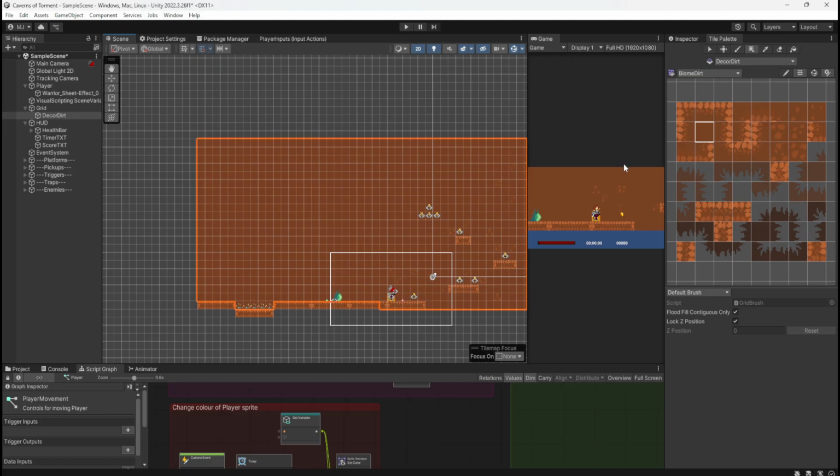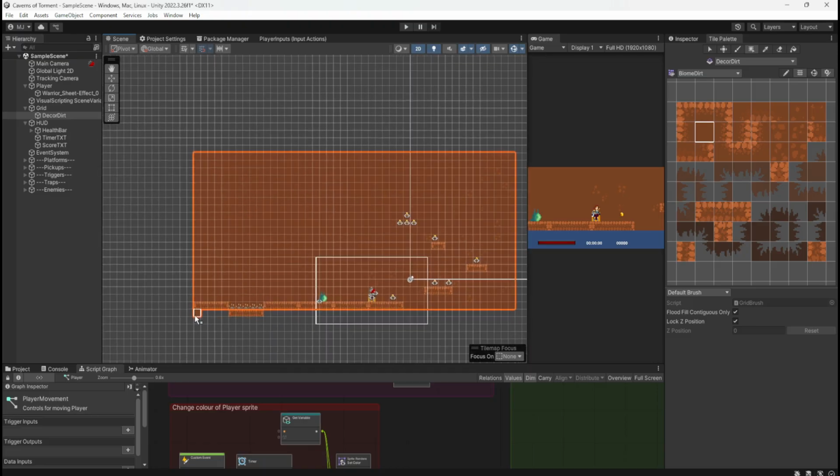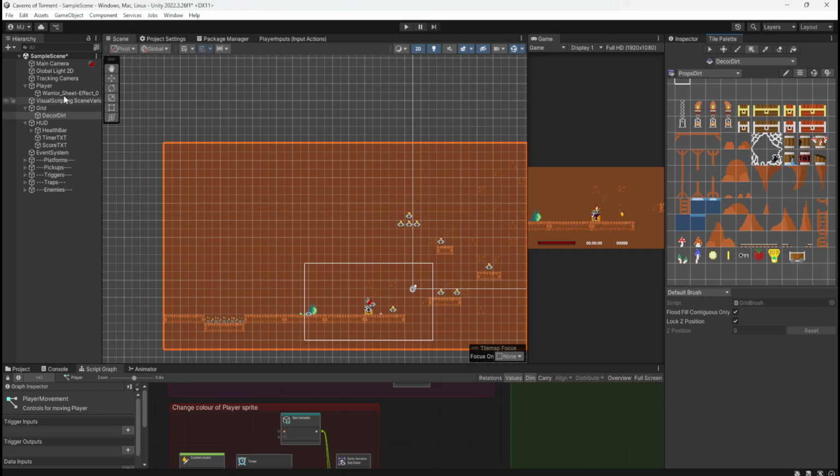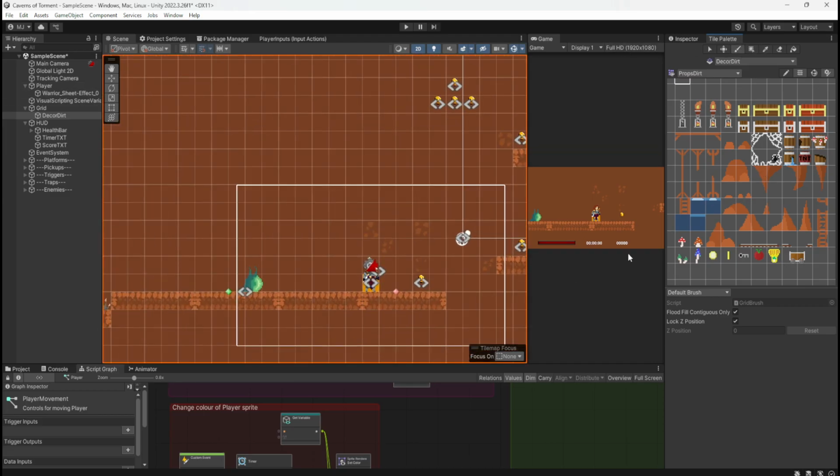Yeah, so essentially, I've got these props here if I wanted to do, I don't know, a couple of shrooms or something. Obviously, I need another layer there because it's just got rid of the dirt. But that's the last thing, the painting the decor.